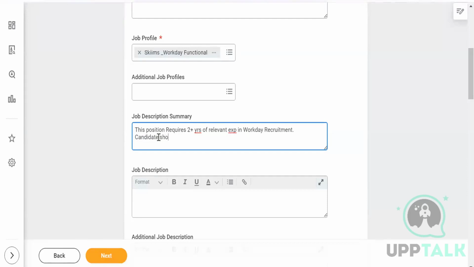And it should be functional, and it should be a functional consultant. Like this we can give. Just making it. Okay, we'll just go to